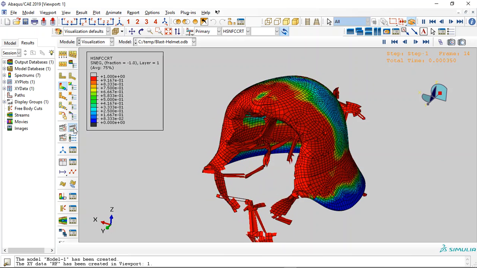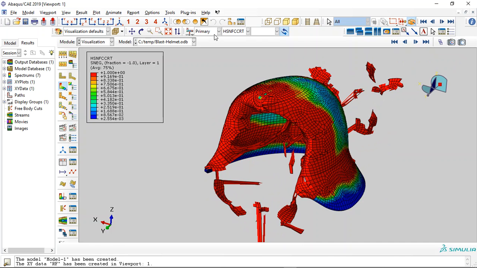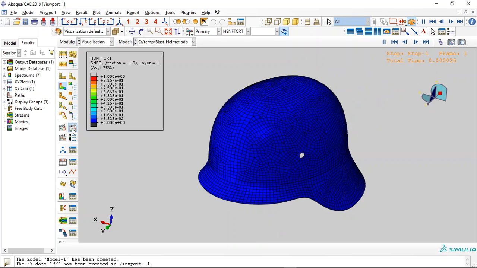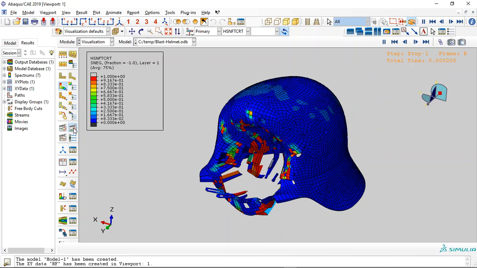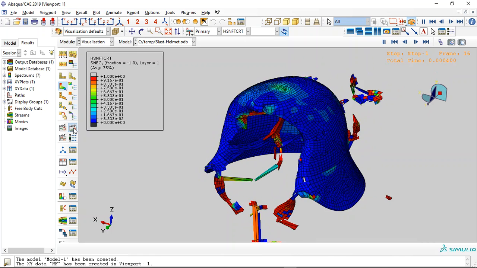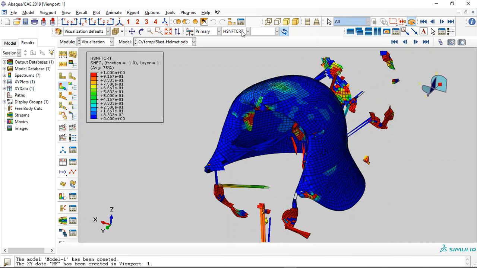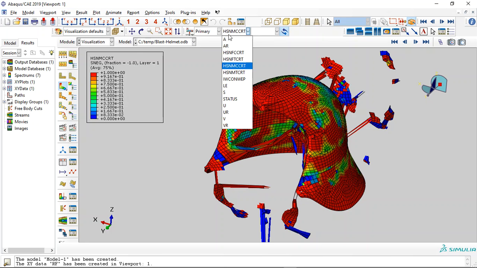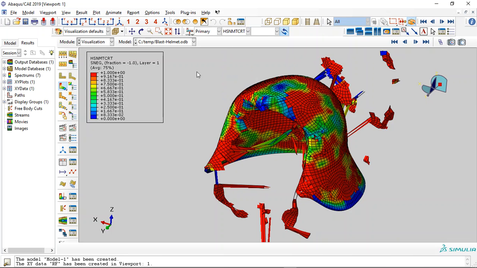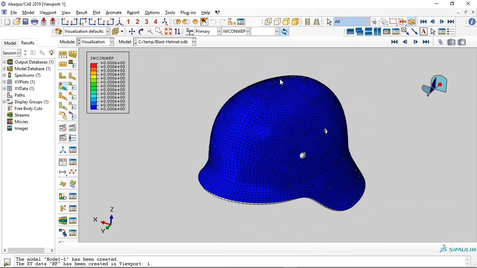You can see this is the compressive tension damage for the fiber. This is compression damage, sorry, this is the tension. We use 8 layers for the fiber with different orientation in each layer. For the matrix, compression here, tension here, and then the blast